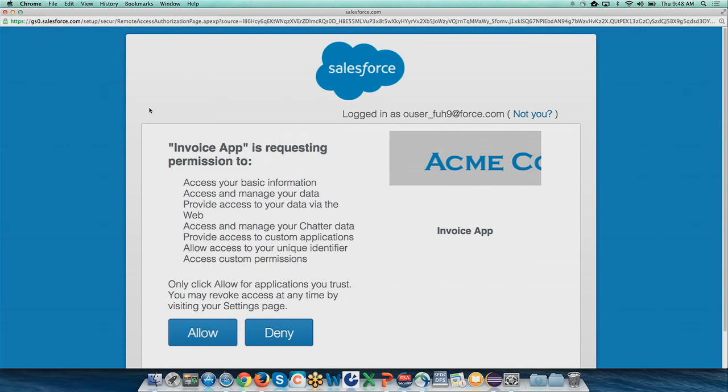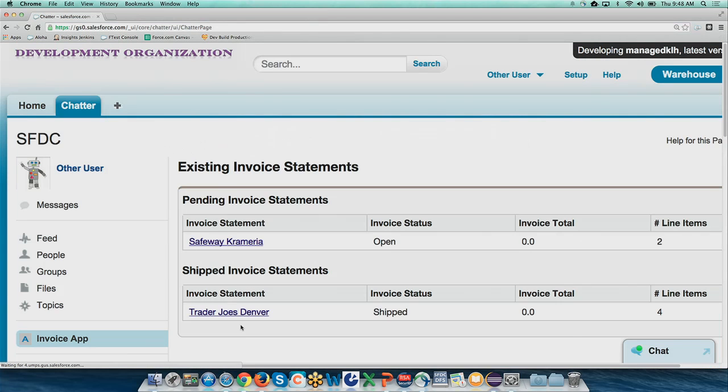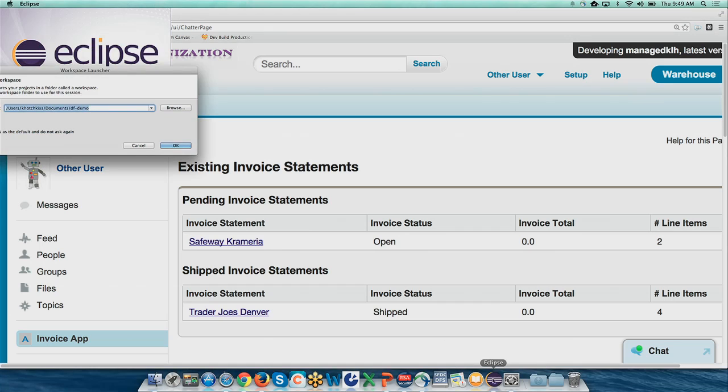This is just the standard Salesforce OAuth flow. Click allow. Once it gets through, it does a repost. The repost sends a signed request, and I see what I'm expecting there. If we take a look at the code in this app,